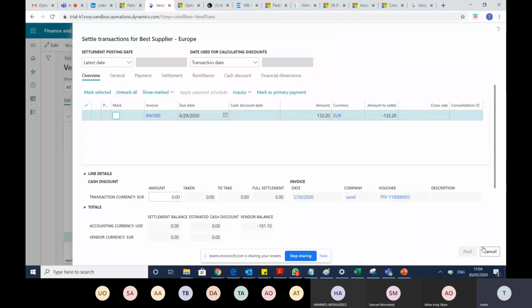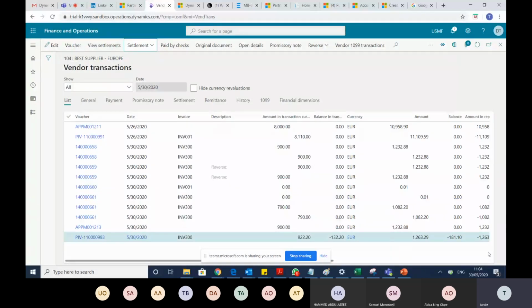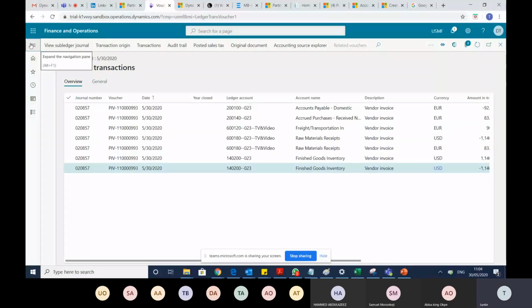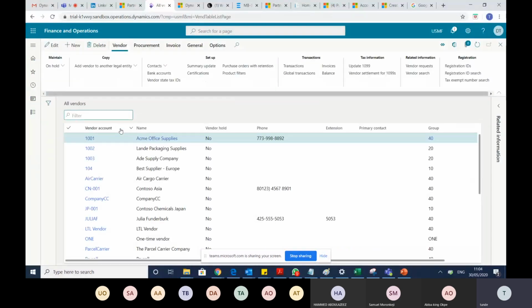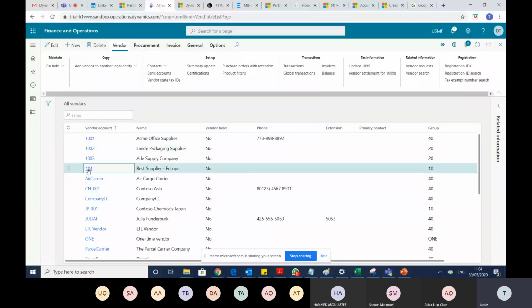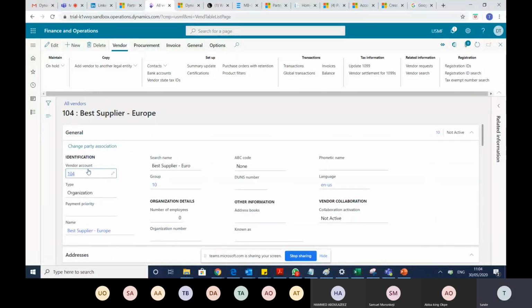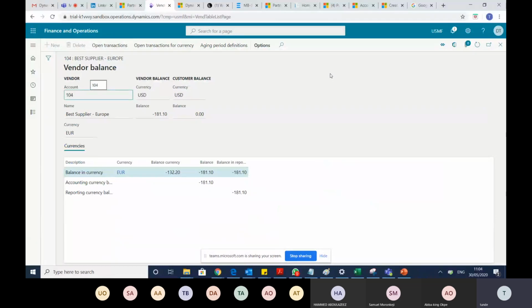But what I want to show you now, I think we did start late anyway, so what I want to show you is the payments. Let's go back to the vendors, and let's go back to Best Supply. Now, if you want to know anything about Best Supply, if you go into transaction, you can see the balance that we have. This is a quick place to come and have a look at the balances. So it was 132, as you know,